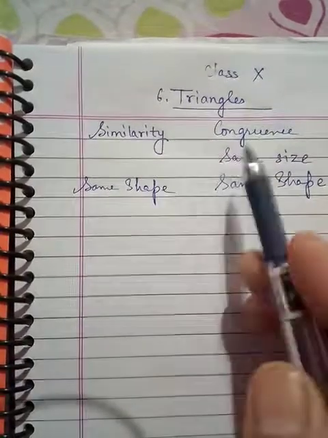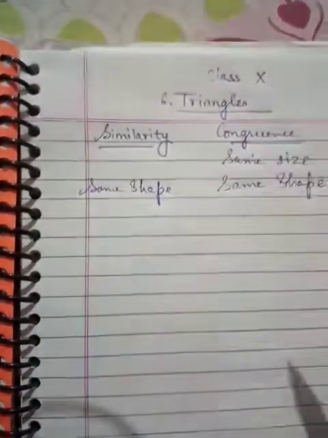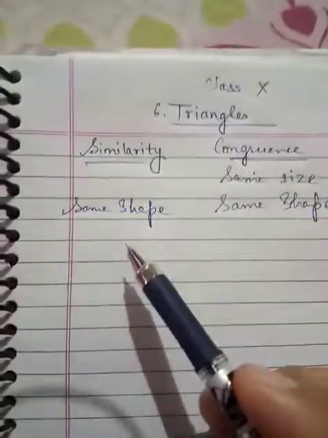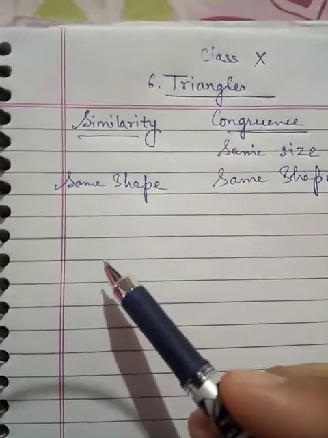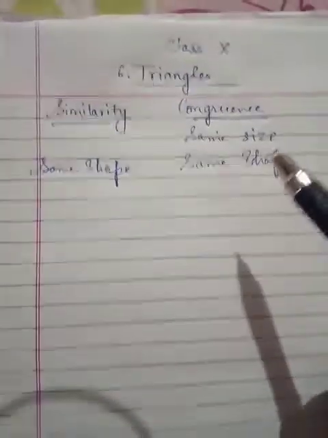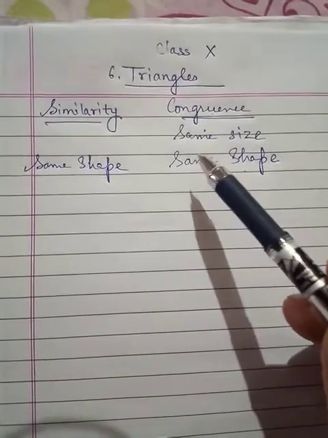This is the difference between similarity and congruence. So two objects having same shape are said to be similar, and two objects having same shape and same size are